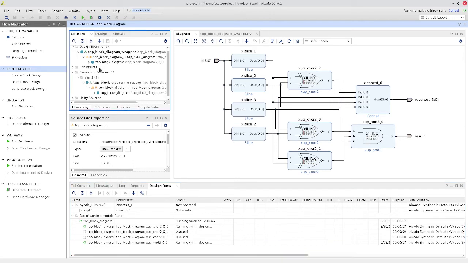If you come down to simulation sources, you see the same thing. So if we were to synthesize right now, it will synthesize what's in bold underneath sources. And if we simulate, it will simulate what's in bold under simulation sources. So for synthesis, that's great. We're going to create this design, and we're going to turn it into a system that can eventually get put into a device. For simulation, we don't really want to simulate this schematic, because simulating this schematic is pretty boring,